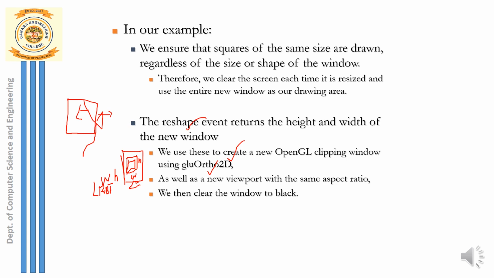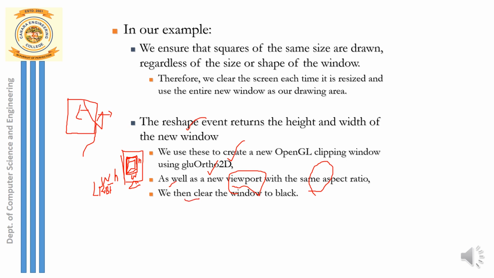The second thing is, the new viewport also should be drawn with the same aspect ratio. When I resize this display window, inside the display window there is something called a viewport that is drawn. So what is a viewport? By default, it is the same as the display window, but this viewport is resizable. I'll usually take the viewport position and the width and height of the viewport the same as the display window width and height. So whenever the display window size changes, the viewport size also should change. That is the second point.